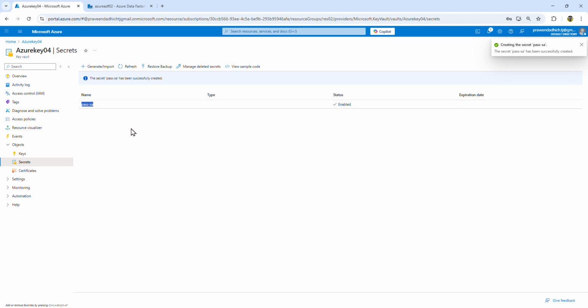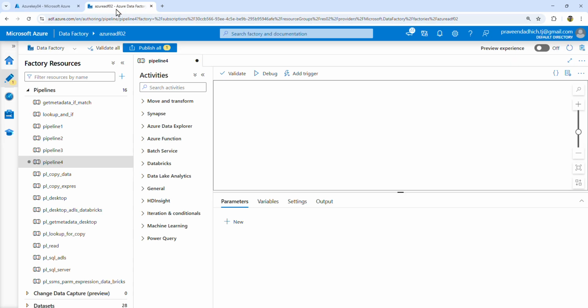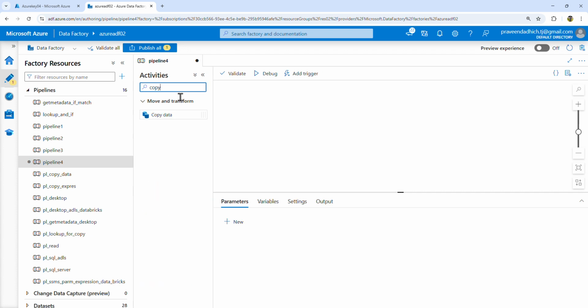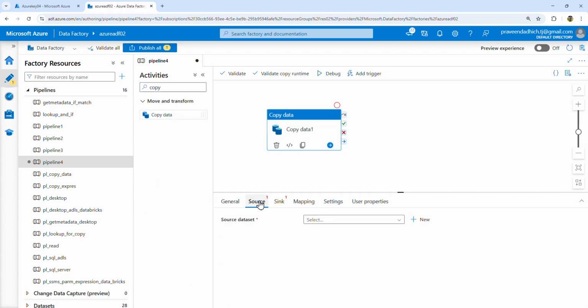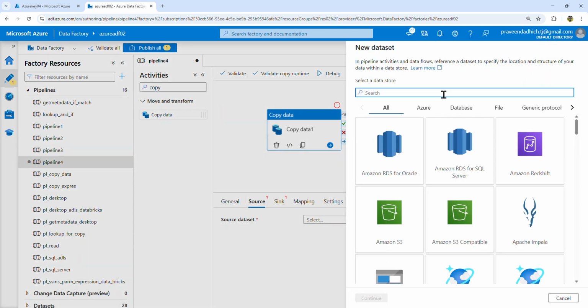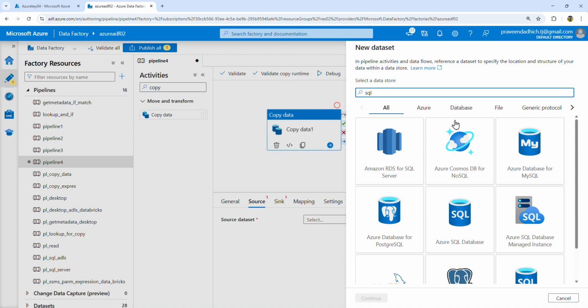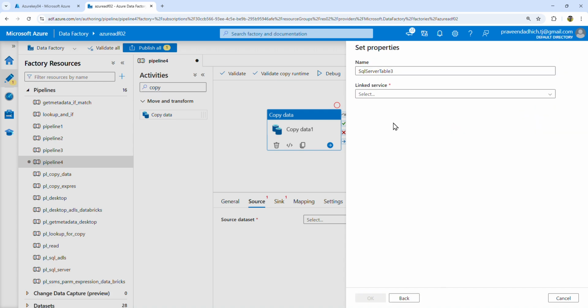Okay, so this time it is created. Now let's access the secret in my Azure Key Vault. So what we have to do is create a copy activity. In this copy activity, let's create a source dataset. This is my SQL Server, so let's create a SQL Server dataset,